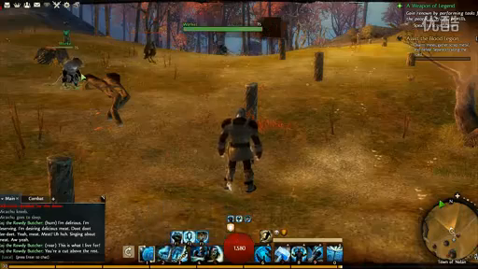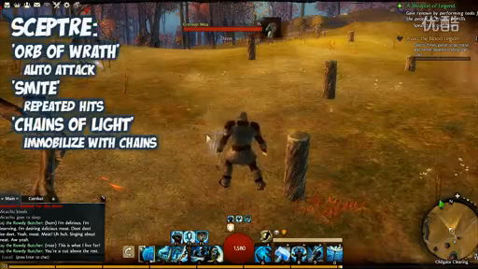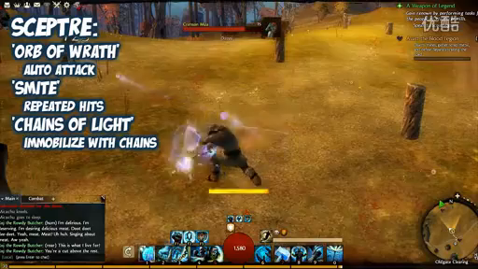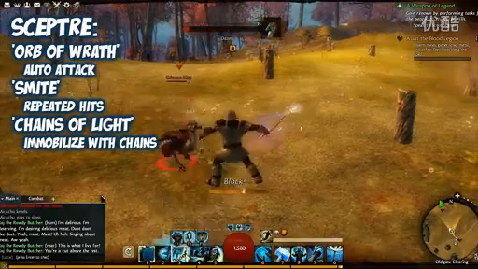Oh yeah, scepter and focus. So the auto attack is a little kind of glowy ball. It doesn't really go very far. It's kind of like a tennis ball. I don't feel like a paladin right now. This is